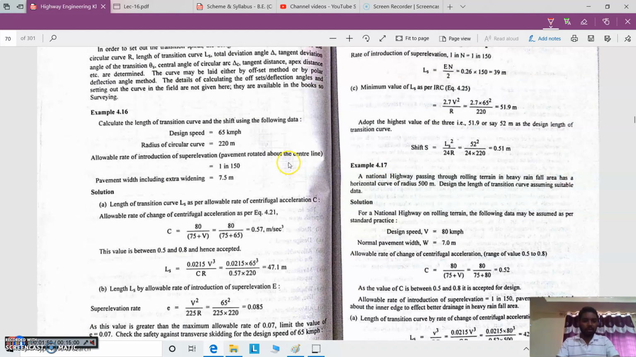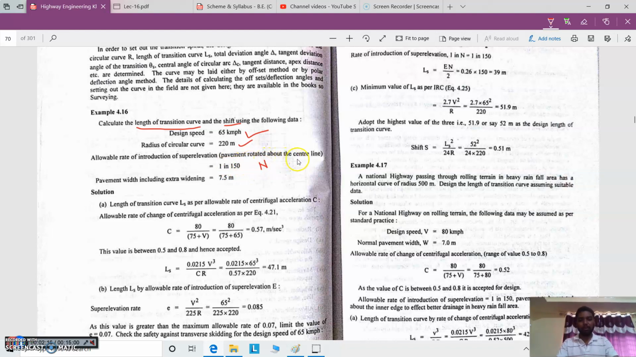So let us move with the problem here. Calculate the length of transition curve and shift using the following data. The following data are the speed and the radius of the curve. Apart from these two, the allowable rate of introduction of super elevation is given. So here the value of n is given as 1 in 150, that means it is on plain ground, and